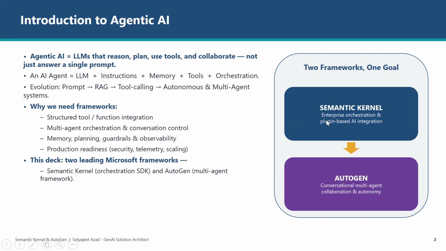Semantic kernel uses plugins. Plugins are nothing but a kind of tool, but they are specialized plugins, and other frameworks don't give you this access. Okay. Then it comes to AutoGen. It's conversational multi-agents. They also have collaboration, because they orchestrate these multi-agents, and they have a lot of autonomy, right?